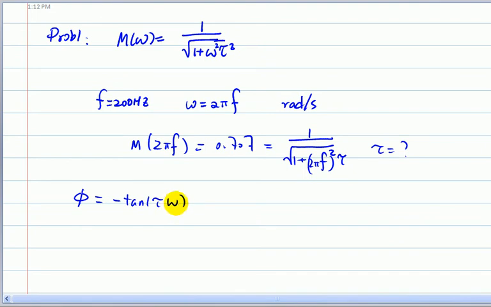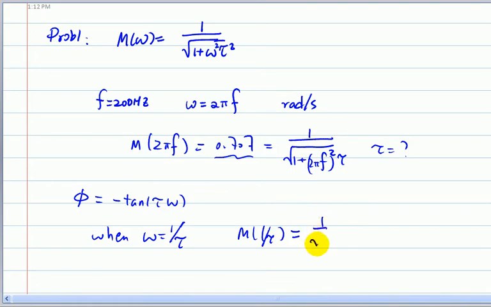However, I do want to remind you, in the class, I did mention a very special input frequency. So when omega equal to 1 over tau, when your input frequency is the inverse of the time constant of your first order system, what is the corresponding magnitude ratio? If you substitute omega equal to 1 over tau here,